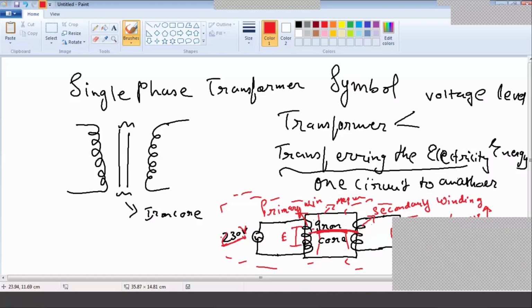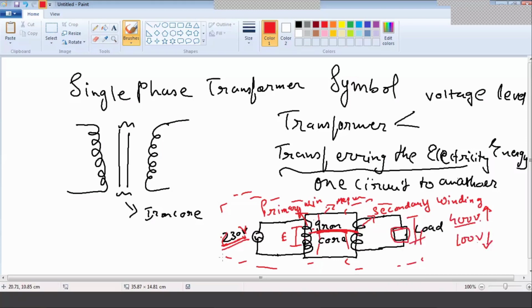It will decrease the voltage level. Whatever you provided in input, it will give you decreased voltage. Any doubt? So the symbol is like this. These two windings, this is primary, this is secondary, and these are mounted on an iron core. So this bar shows the iron core. Right?